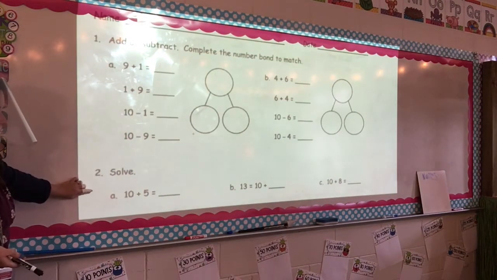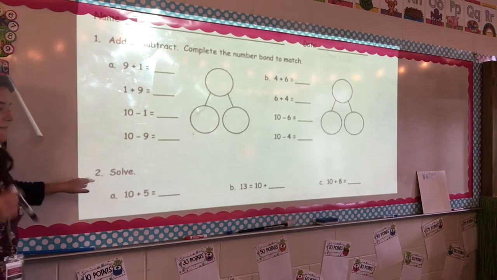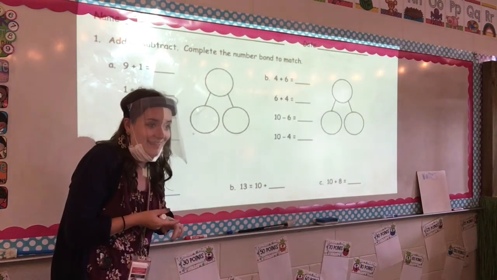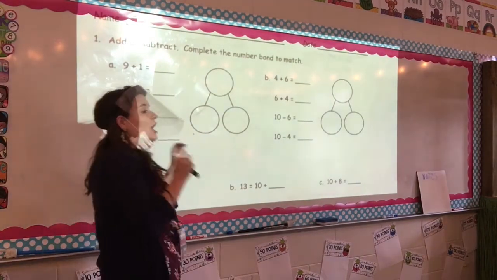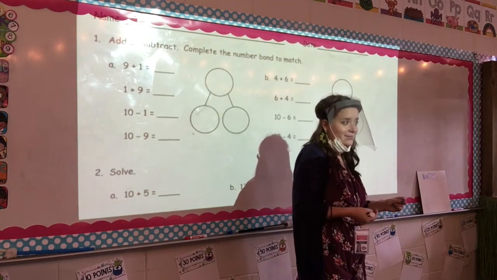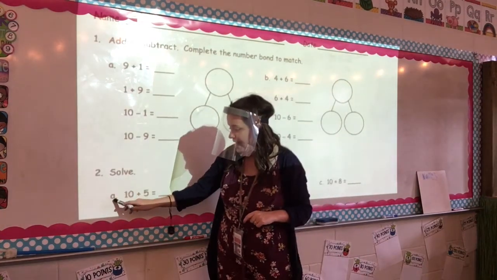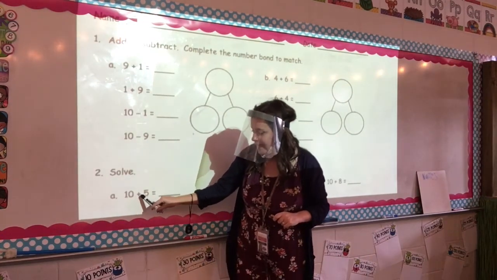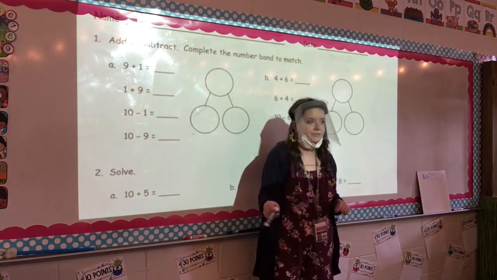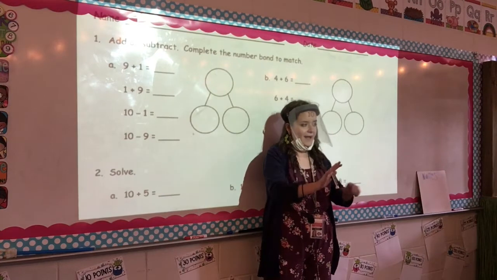Number 2 says to solve. This is where it might get tricky. If you go too fast, it is easy to make a mistake. So let's look at the first one. This says 2a. It says 10 plus 5 equals. Hey, we did a bunch of those. What does that equal, Emil? 10 and 5 give me